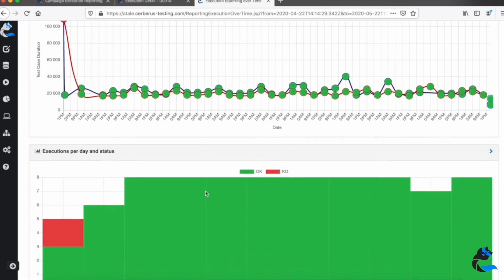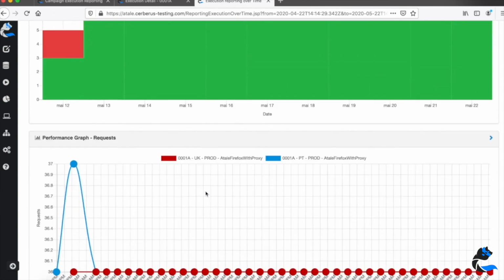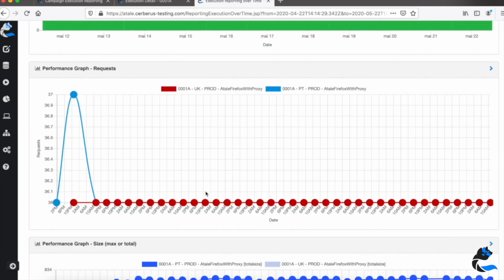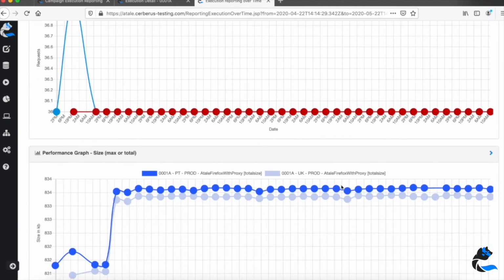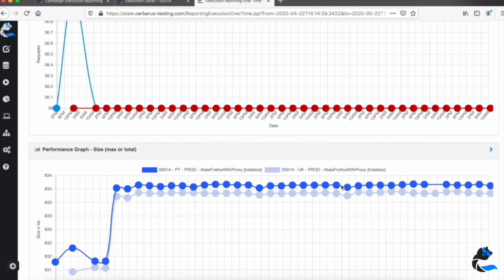And you can answer the type of question like, are my tests running on a regular basis? Are they running fine? Do I have OK or KO? Do we have some specific differences in the status or response time or execution time in a specific test context, for example, in a specific test environment, in QA versus UAT, or between countries, between UK or Portugal, for instance. And you can see that directly with this dashboard. And then you also have the status OK/KO available, and the performance graph of requests, which is quite useful when we want to do this type of testing.